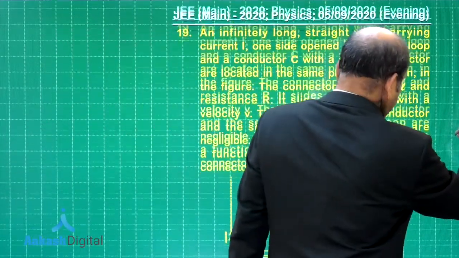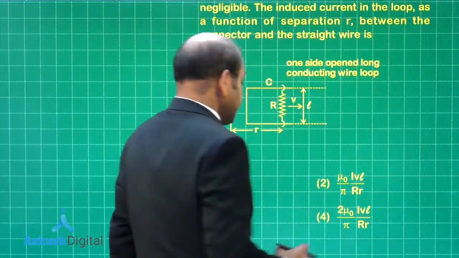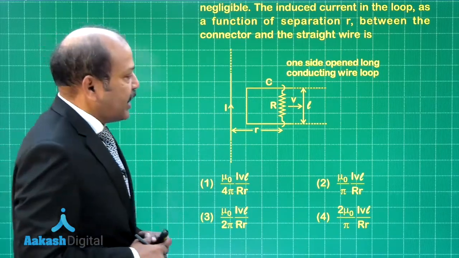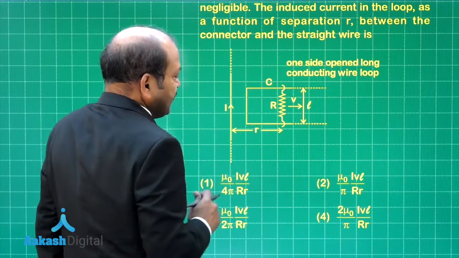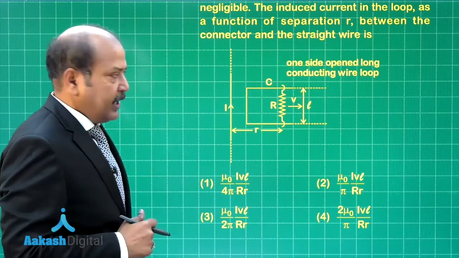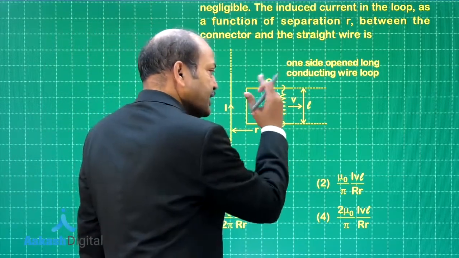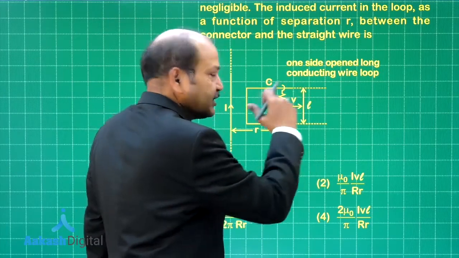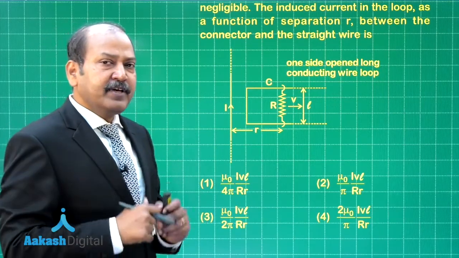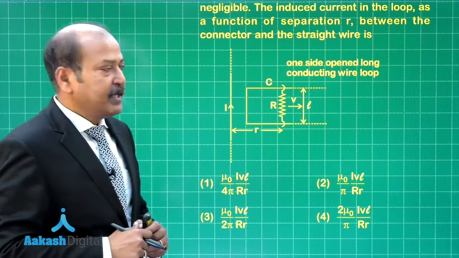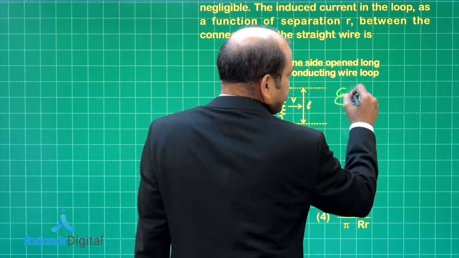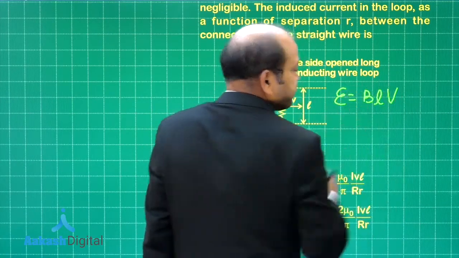Let us look at the figure and the options. So, this is the situation. We have to find the expression for the current in the loop. Now, if we look at the figure, the direction of magnetic field due to the straight current is pointing inward, and that means it is perpendicular to the slider which is sliding. What is the expression for the EMF in the circuit? EMF is equal to B L V. So, the expression for the EMF is B into L into V.